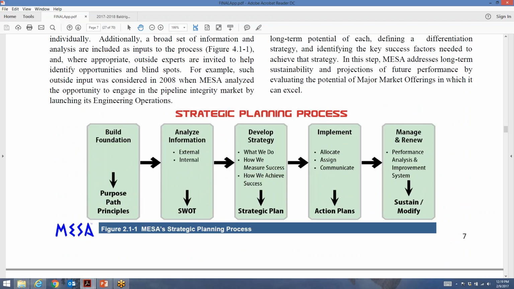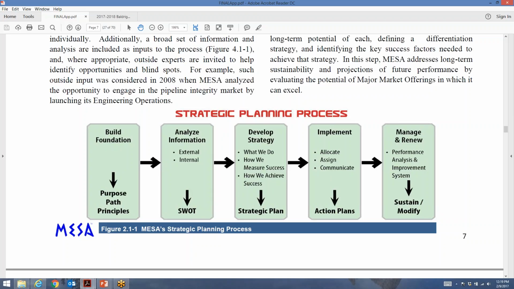Okay, so strategic planning. You need to have a picture of your strategic planning process, and make sure that that picture addresses the criteria. So in the criteria, it's going to ask you, how do you analyze the external and internal environment? How do you develop the strategy? There's different things that they're asking for as inputs. Make sure you have those things in your picture. Again, that's just communicating to the examiner team that, look, I've got a systematic process. It's got repeatable steps. I've got some learning involved in that. So you need a picture of your strategic planning process.